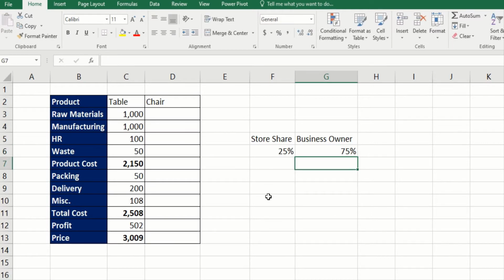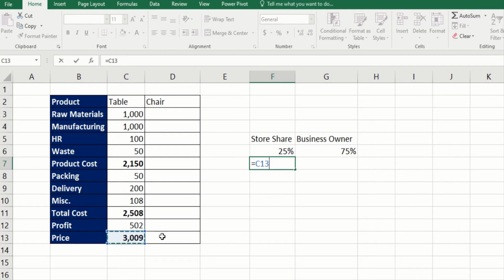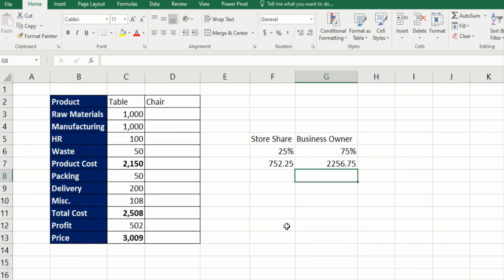Now you want to calculate, or you want to do your pricing based on that. If you look at simply this, how much share are you going to get out of this, would be simply, in this case, multiplied by 25%, and here your share would be this. So if the store sells this for 3009, you are going to get 2256, or nearly 57. But if you look at your cost, this wouldn't cut it, you actually will be